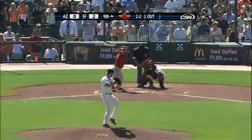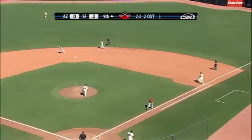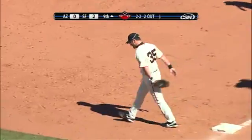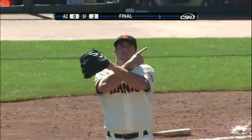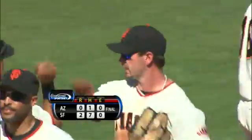They're still standing, 2-2. Up the middle, Renteria. Tricky hop, stays with it, and that is the ball game. For Randy Johnson, career win number 296. And what a job from the Giants, the bullpen, a 2-0 win for